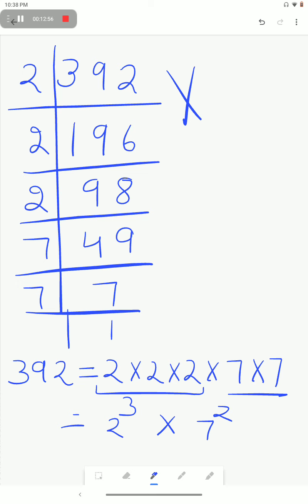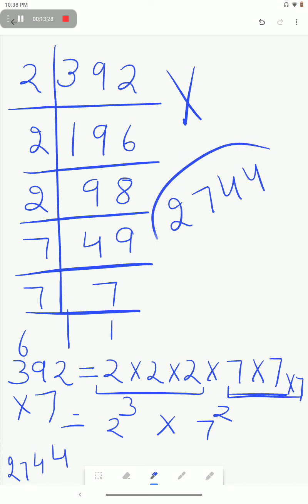Now consider the same question. Now suppose we want to make this number a perfect cube. What will we have to do? For making it a triplet, we will have to multiply it by one more 7. It means the number will become this. The new number will be 7 twos are 14, 63 and 1, 64, and it will come out to be 2744. It means 2744 will be a perfect cube, and it is obtained by multiplying this number by 7.